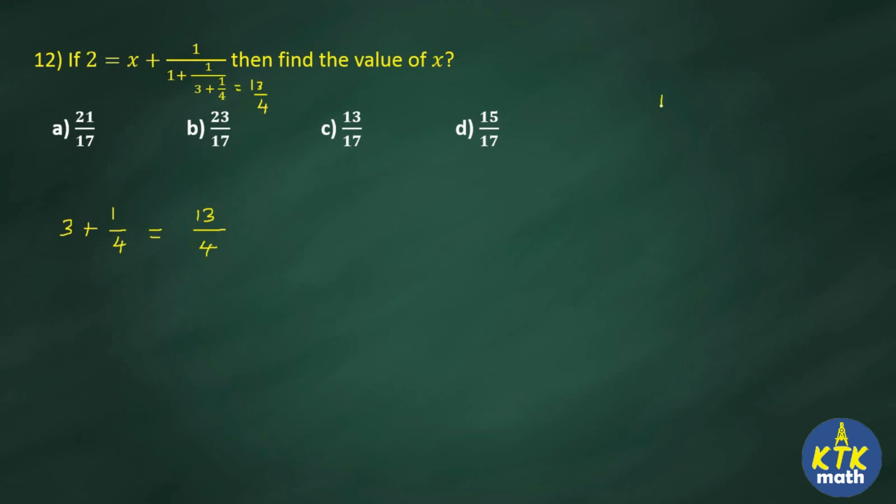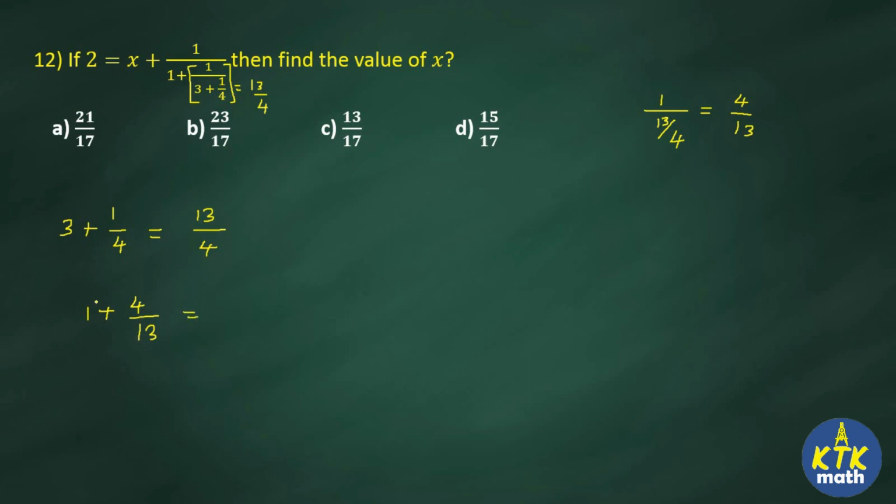So before that you should know what will happen when you have a fraction with the denominator 1. 1 by some fraction is nothing but its reciprocal. Okay, 1 by some fraction is nothing but what? Reciprocal. So this 13 by 4 will be 4 by 13. So here check carefully. In this term, 1 by 13 by 4 will be 4 by 13. So I am going to solve this denominator, 1 plus 4 by 13. Can you understand? The bracket is mentioned here. 1 plus this bracket term, which is 4 by 13.